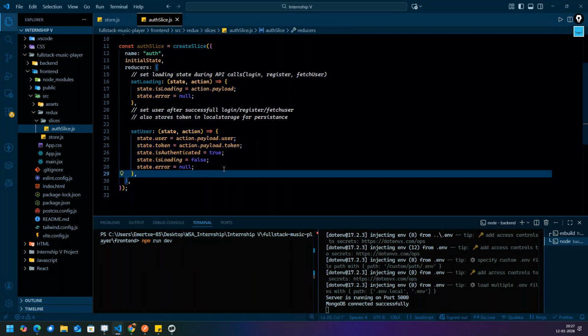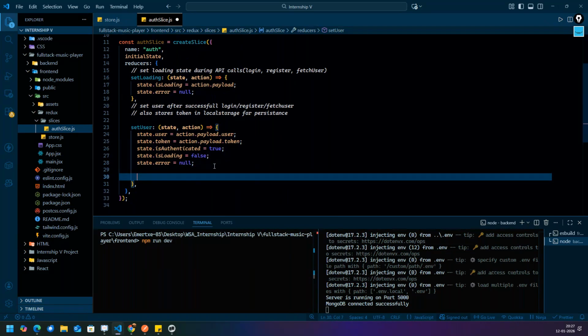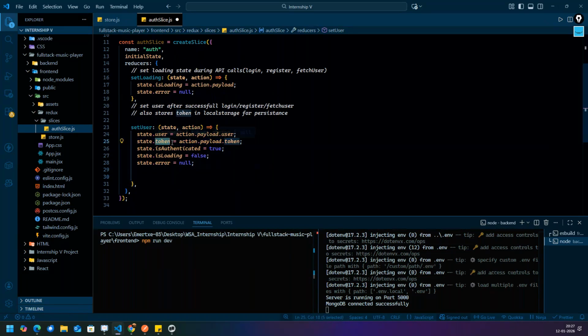Fine. Now, one more thing is remaining over here: we have to store the token in the local storage, correct? Here we have only taken the token and saved it inside Redux, but we have to actually save it inside our local storage.